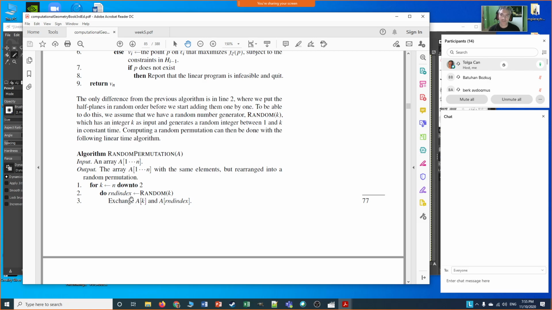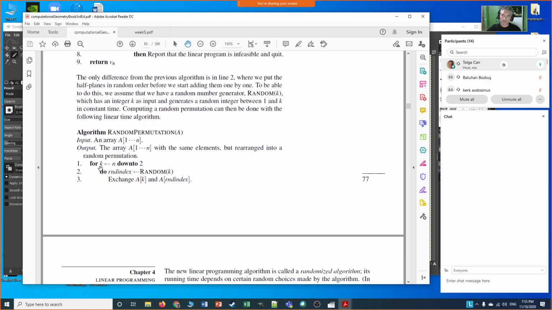If you want any permutation to be equally likely, this is the algorithm that you need to use. For k from n down to 2, we just generate a random number between 1 and k. So we first, for example, generate a random number between 1 and n. Then we generate a random number between 1 and n minus 1. Then 1 and n minus 2. And after we generate that random number, we swap the last element with that randomly chosen